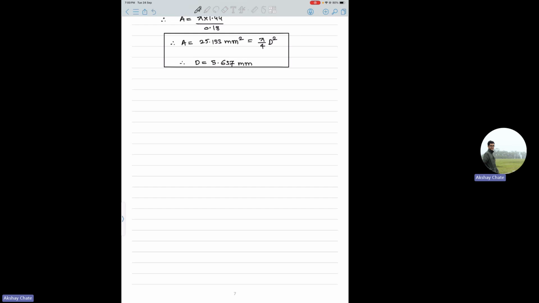Okay, so this is about the numericals that I could find for today. Apart from that,